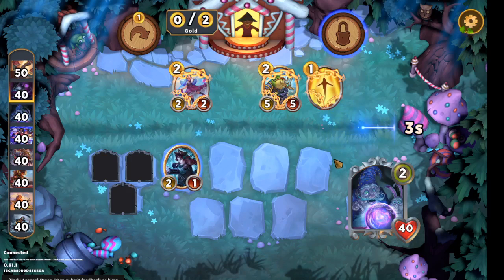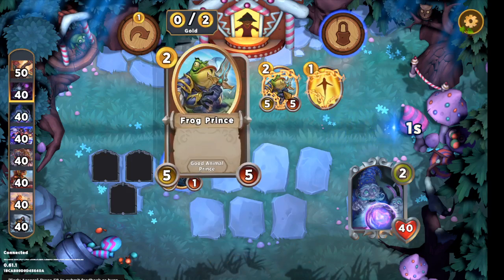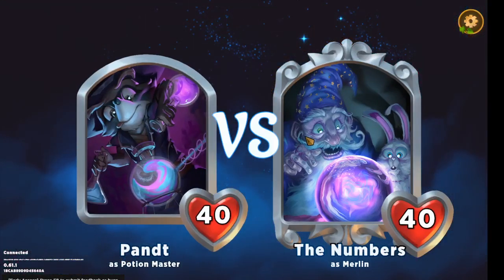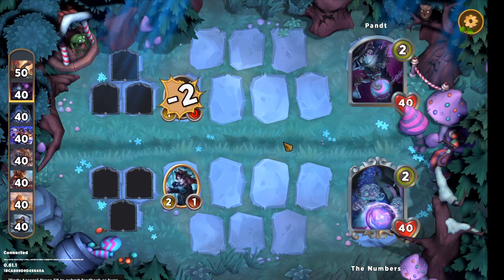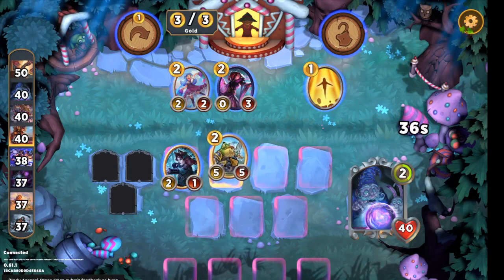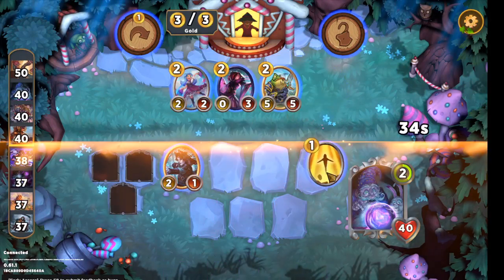Hey everybody, we're gonna play being Merlin. We buy the Sure Shot. Flipping the Frog Prince. Next turn we'll get the Full Glory and the Frog Prince. We got lucky. Well, I guess we win the first round. We would have tied. Give them a little damage. We don't take any. And here, well, let's buy the